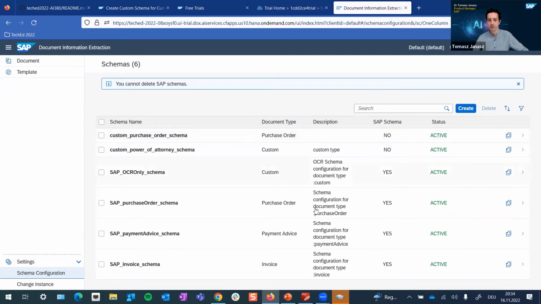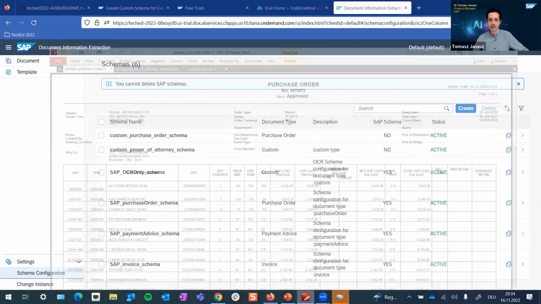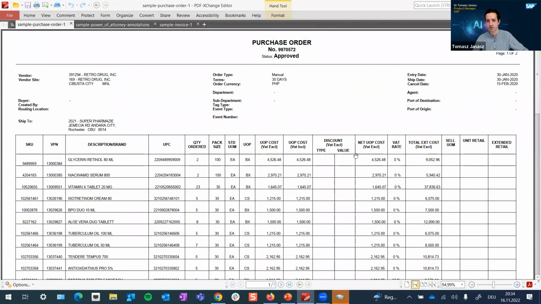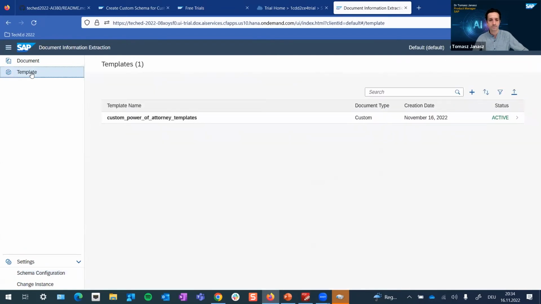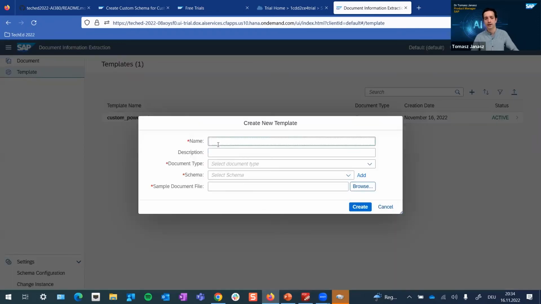The second part will be creating a template, which means annotating this particular document based on the schema that I just created. For that, again, I'm going to the template part of the application. Here we see the active template for power of attorney. And now I can add a custom